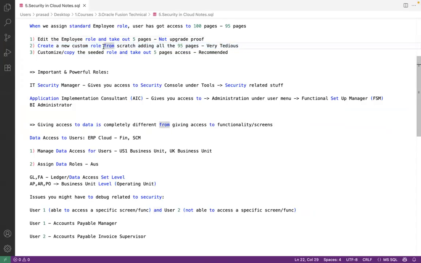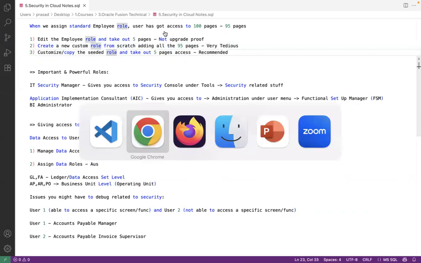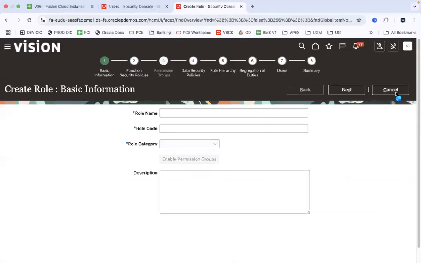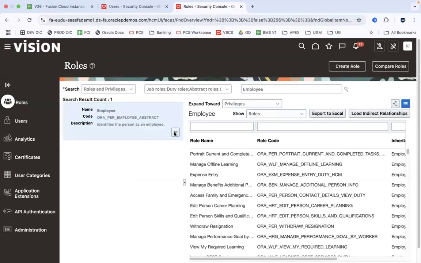Creating a new role, well, of course, if you have a lot of bandwidth, you can do it, but not recommended. Well, the third obvious option is, like one of you rightly said, we have to customize the seeded role, or copy the seeded role, take out those 5 pages, and add that customized role to the user. Clear? Now, how do you customize a role? You click on the menu option and you go ahead and copy role,